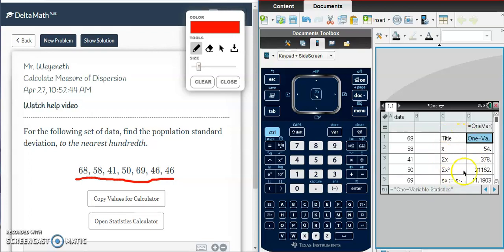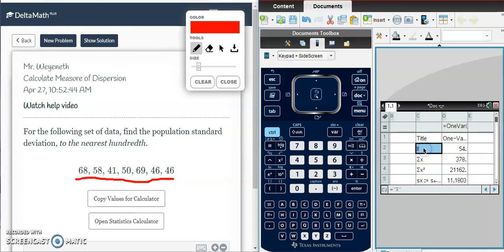And then you'll notice over here it populates all this information for you. So if I click over, this is saying, hey, we did a one variable stat calculation. X bar, so this value right here is the mean. So if the question over here would have said find the mean of the set of data, right here, X bar, that's the mean, that's the average. And then if I scroll down a little bit,